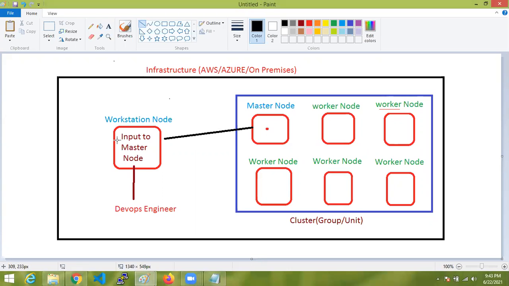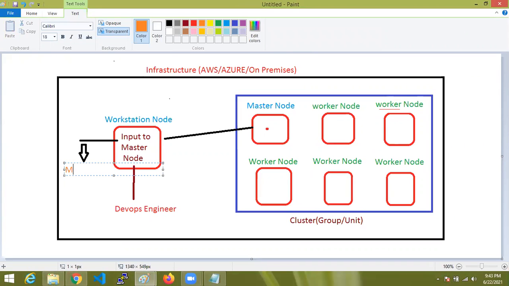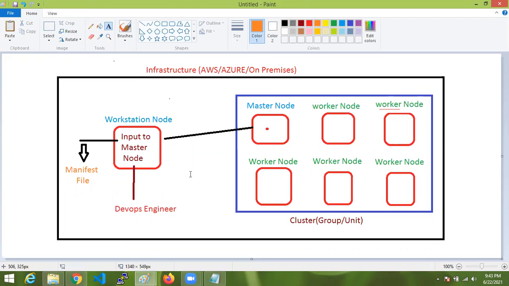With the help of a manifest file. We are giving input to the master node from the workstation node with the help of a manifest file.